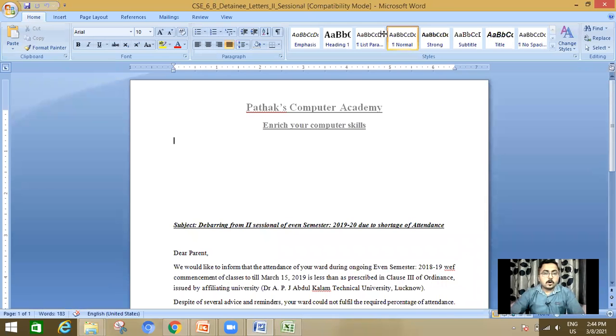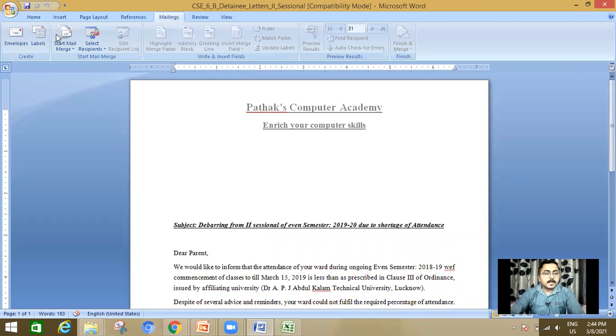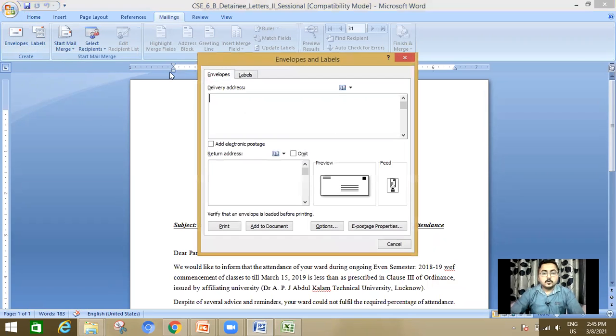When you click on mailing tab, on the left hand side, two options will appear, envelope and labels. So if I click on envelope, then a dialog box will appear which has two tabs, envelopes and another for labels. In the delivery address area, you can write the address.